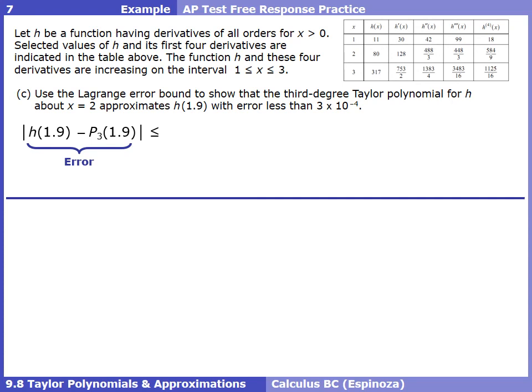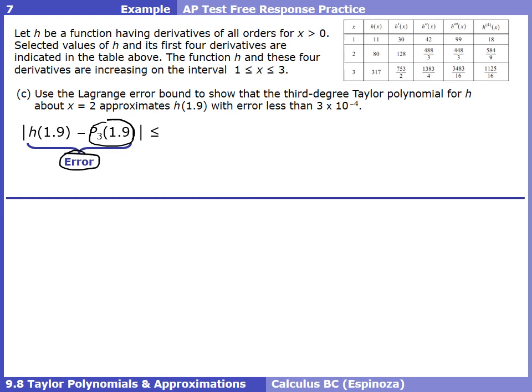In this case, they're not using the letter f for our function, so it's going to be the letter h, and we're doing our approximation at 1.9. In that last problem, we didn't write any number there because we weren't plugging in an x value. But here we're plugging in 1.9, so this is going to be h of 1.9, which would be the exact value, and then away from that, we would have to subtract away the approximation at 1.9,